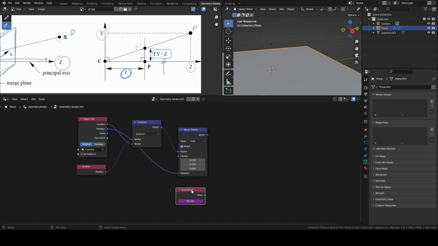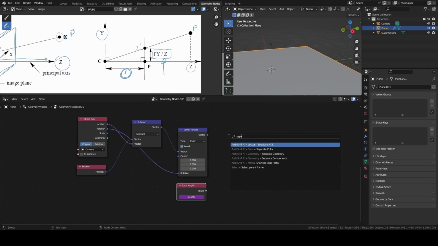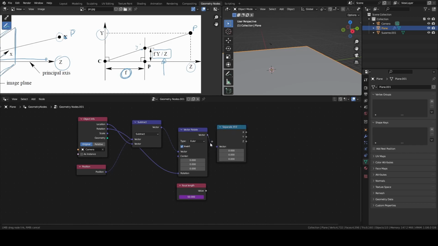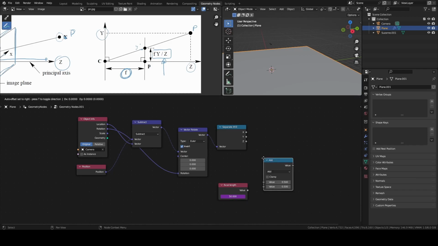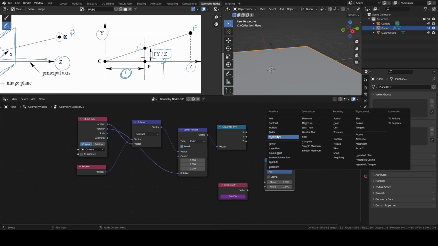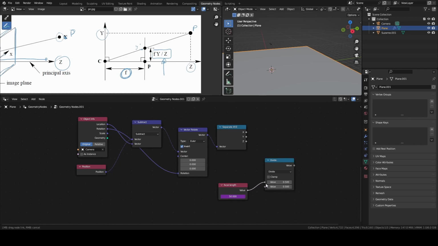Then I have to divide it by Z, so I need to split this vector into its three components. So I need a separate XYZ node and then a math node to divide my focal length by Z, sorry. And once I've computed it, I can multiply by Y to get Y prime, so the coordinate of this point in the image plane.